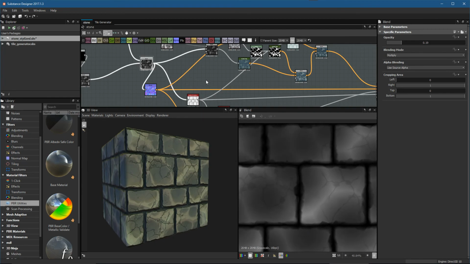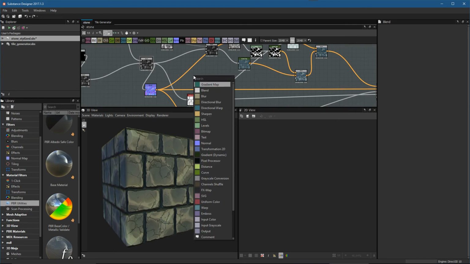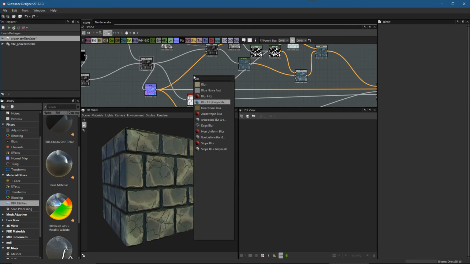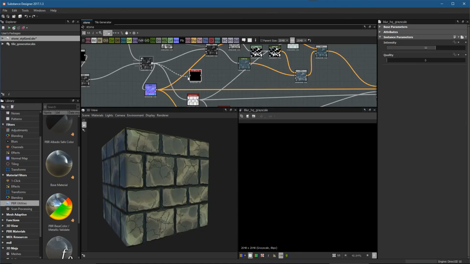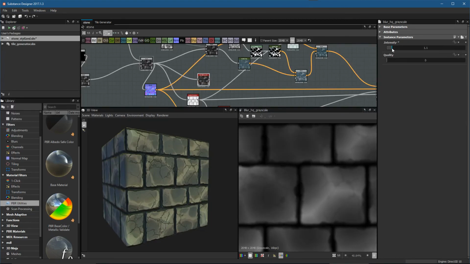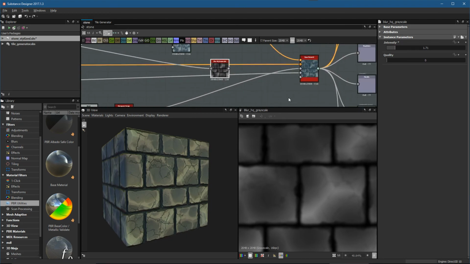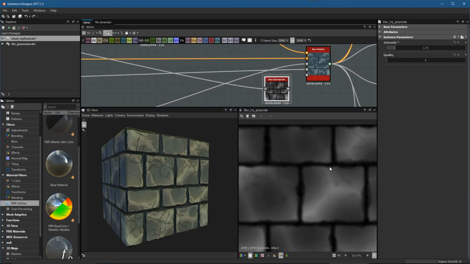But sometimes with height for parallax, what I'll do is, whoops, not a blend, I just do a blur on it. So let's do a blur high quality. Let's plug it into here and just decrease it. Let's do something like that. So I just blur those details a little bit, because the blur is always kind of going to be,